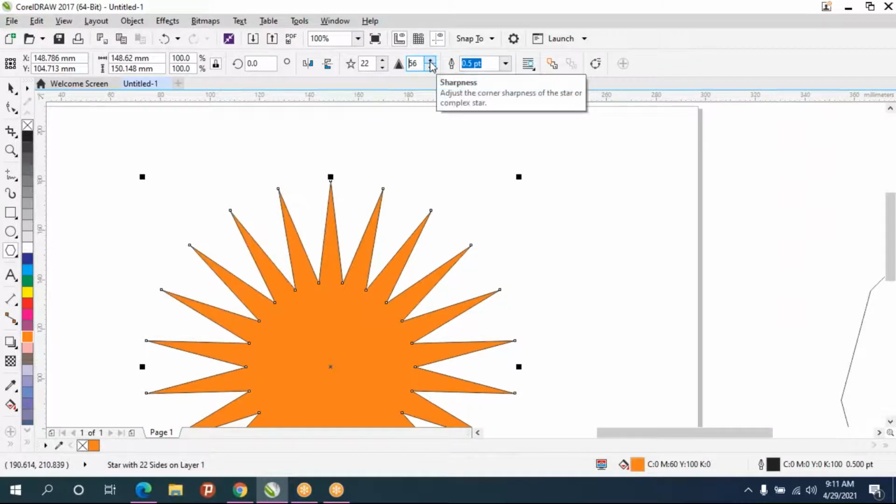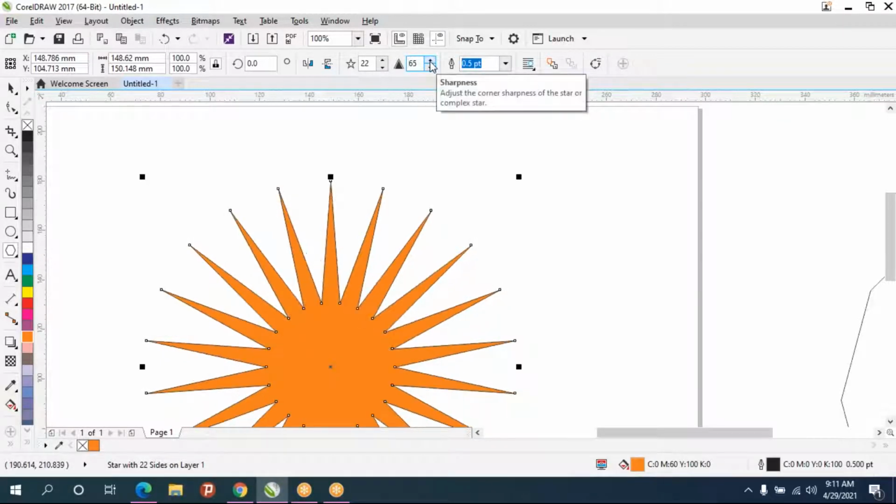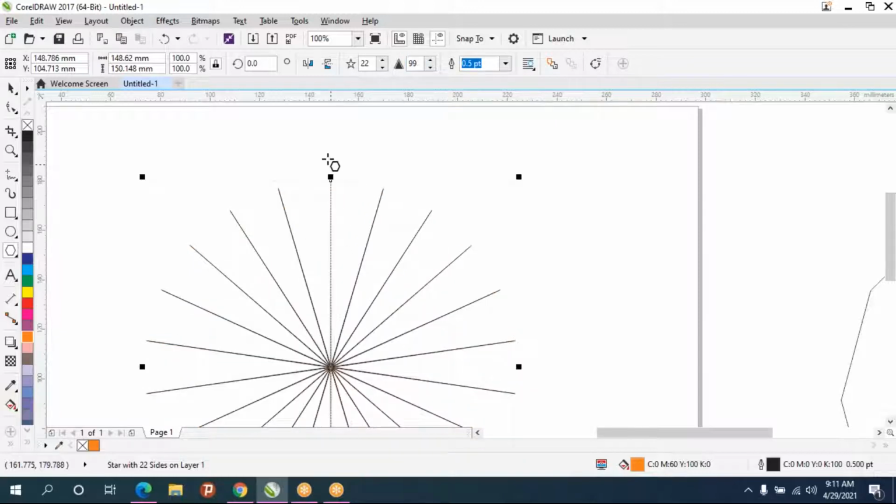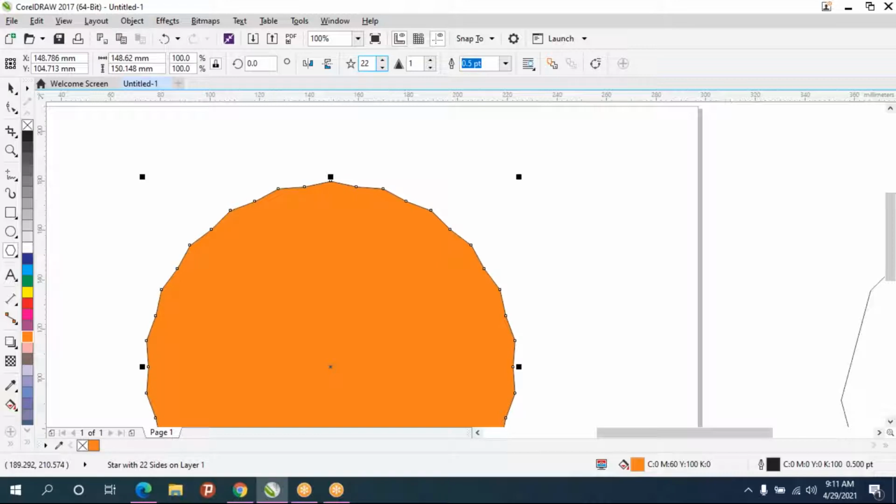And so almost it looks like a line, and if you reduce to 0, it won't take 0, at least 1 it will take. So I'll give around 5. So like this.